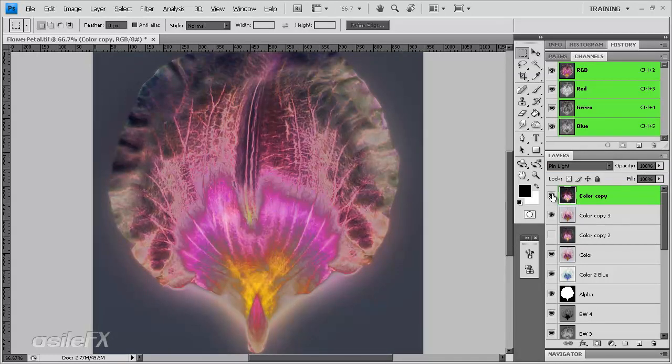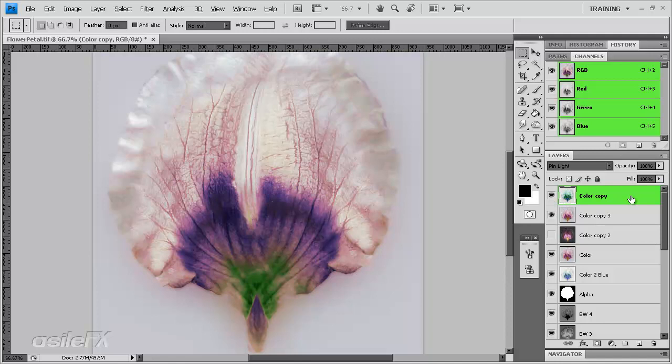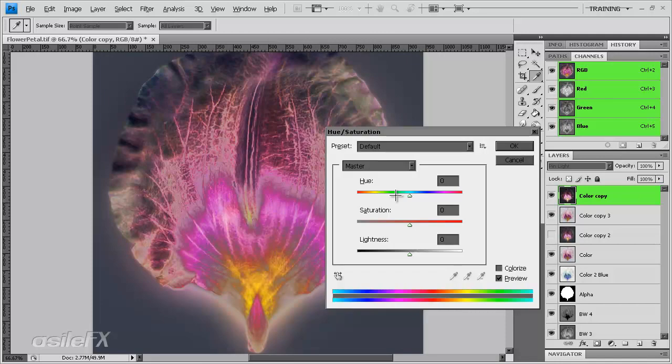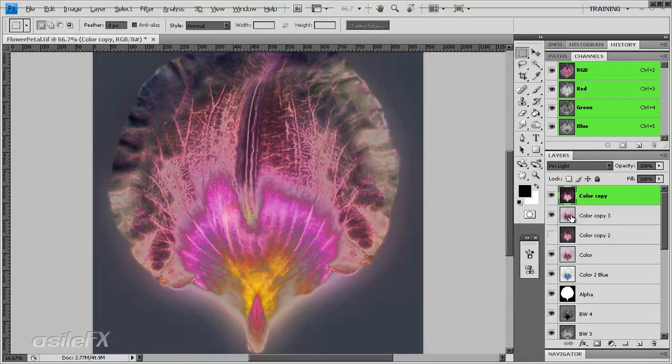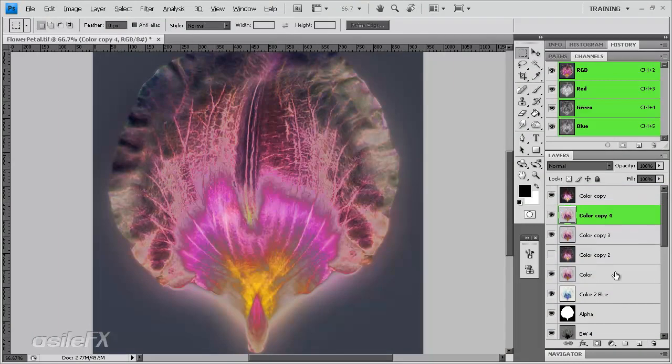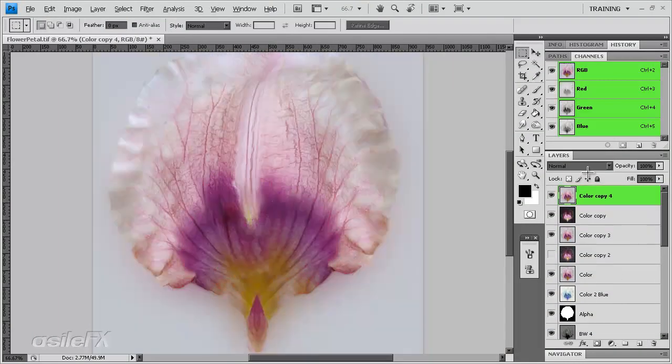Some of those colors in there we don't really want within the final. So what I can do is adjust the hue, try to get something a little bit better, adjust saturation, but ultimately I'll probably put another copy of the main color once again, bringing it over on the top, and then